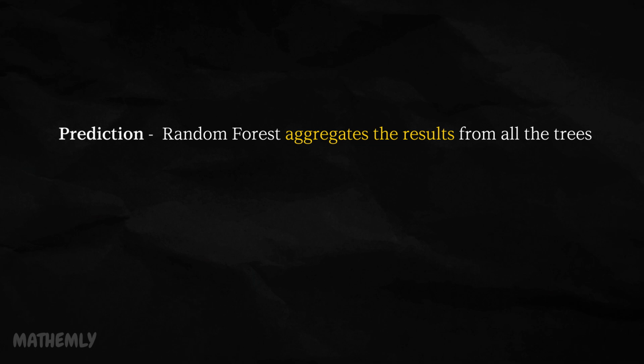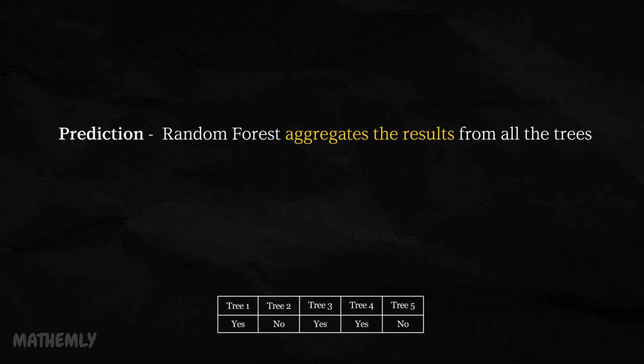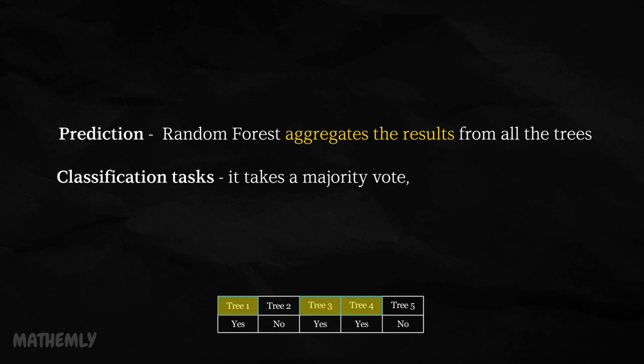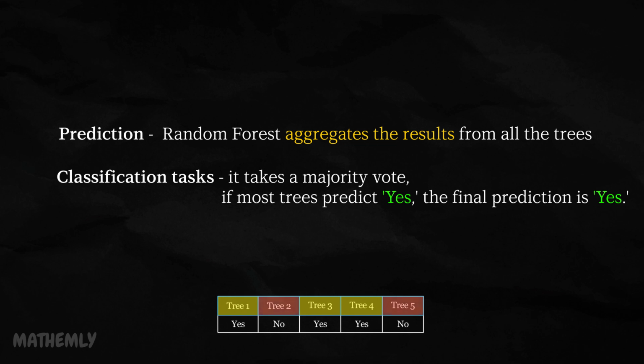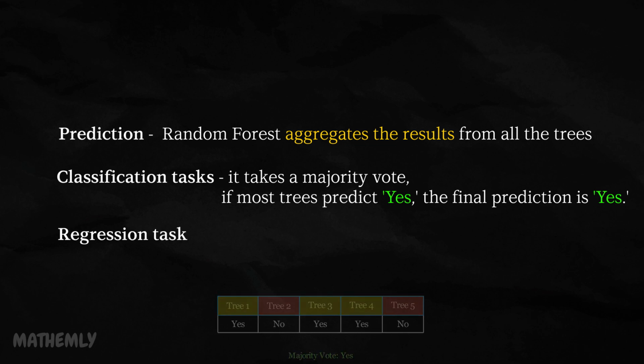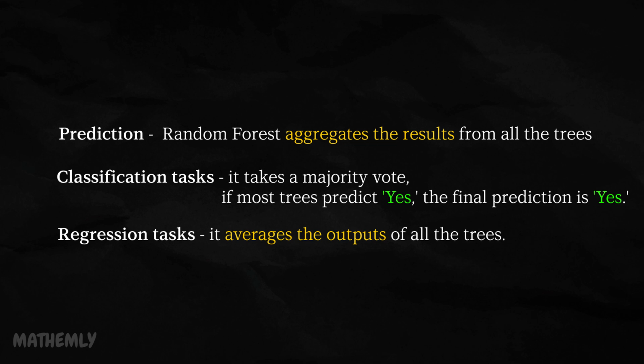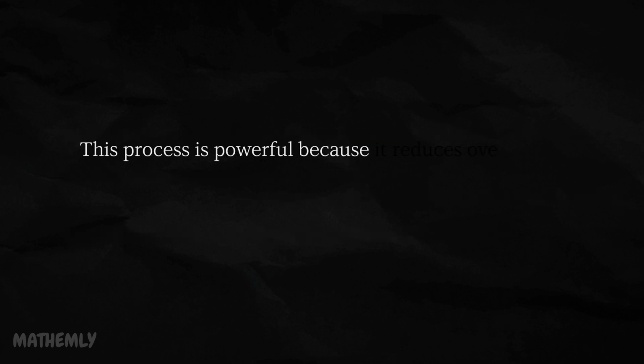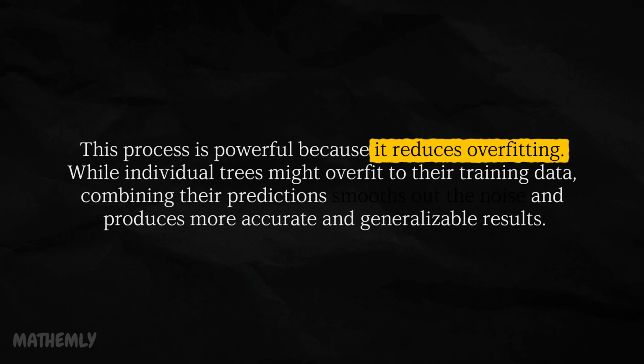When it's time to make a prediction, random forest aggregates the results from all the trees. For classification tasks, it takes a majority vote. If most trees predict yes, the final prediction is yes. For regression tasks, it averages the outputs of all the trees. This process is powerful because it reduces overfitting. While individual trees might overfit to their training data, combining their predictions smooths out the noise and produces more accurate